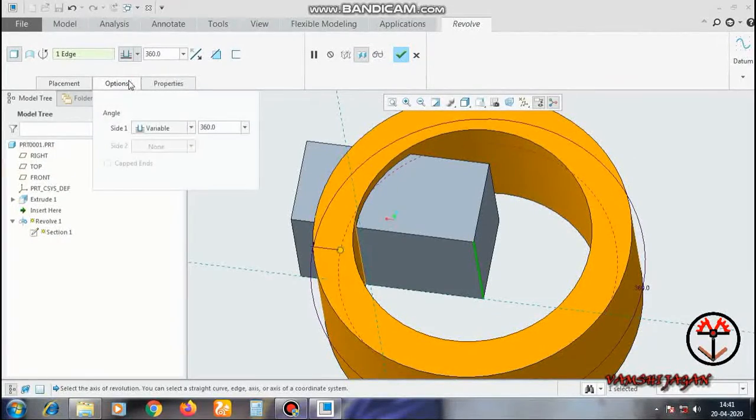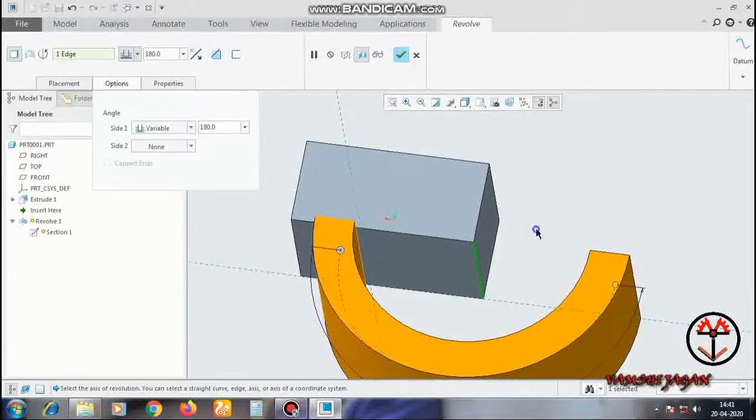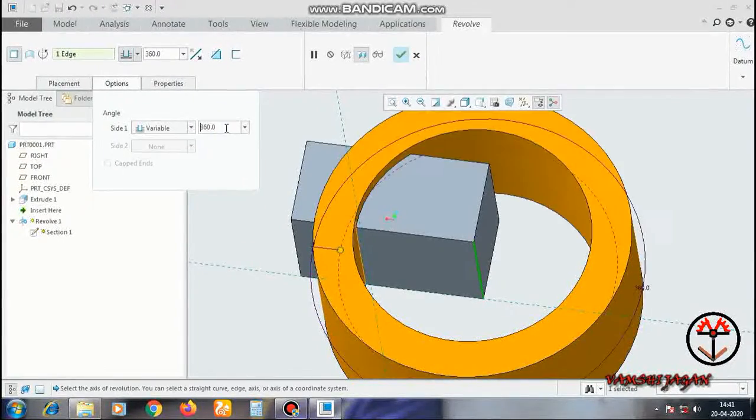By clicking on edges, you can adjust center axis. After that you can adjust by variable also. So first one is variable 1 and bottom one is variable 2.